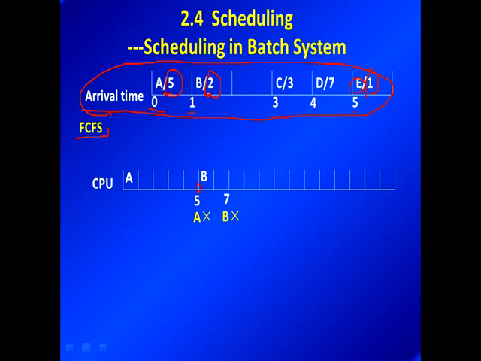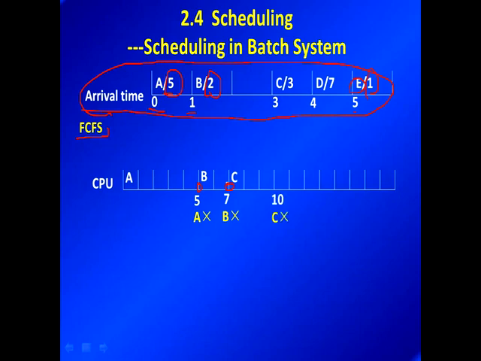At time 7, B just finished all its job. It just runs for 2 minutes and it exits. So at this point, the CPU is available again, and the scheduler will choose the next one. It should be C, and C gets into CPU at time 7, and after 3 minutes of running, it exits